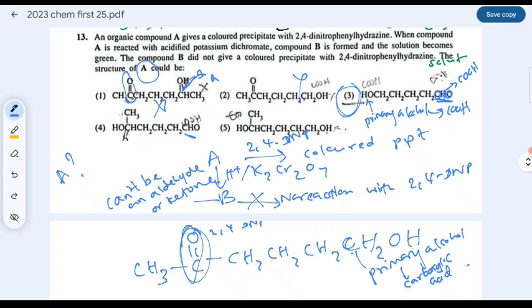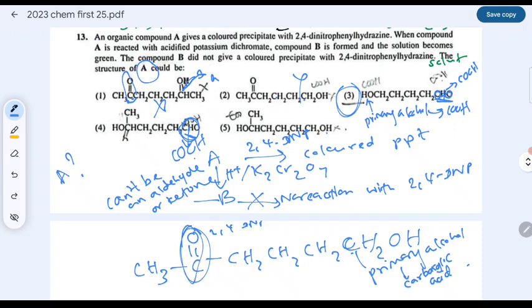Now, if I go for the fourth answer, compound A gives a colored precipitate with 2,4-DNP. Yes, because of this aldehyde, it gives a colored precipitate with 2,4-DNP. Now, we are reacting it with acidified potassium dichromate. Then this one gives what? CHO gives COOH when oxidized. You all know that aldehydes, when oxidized, give